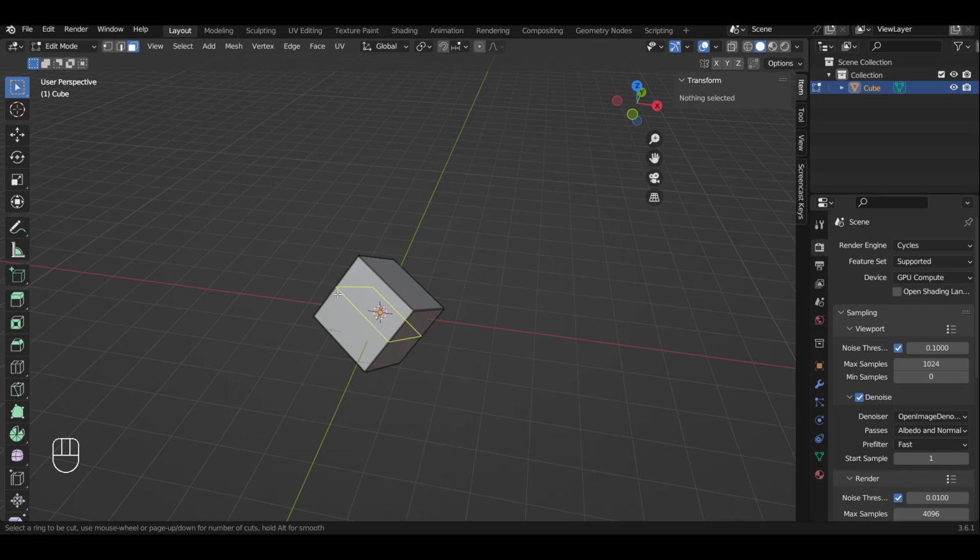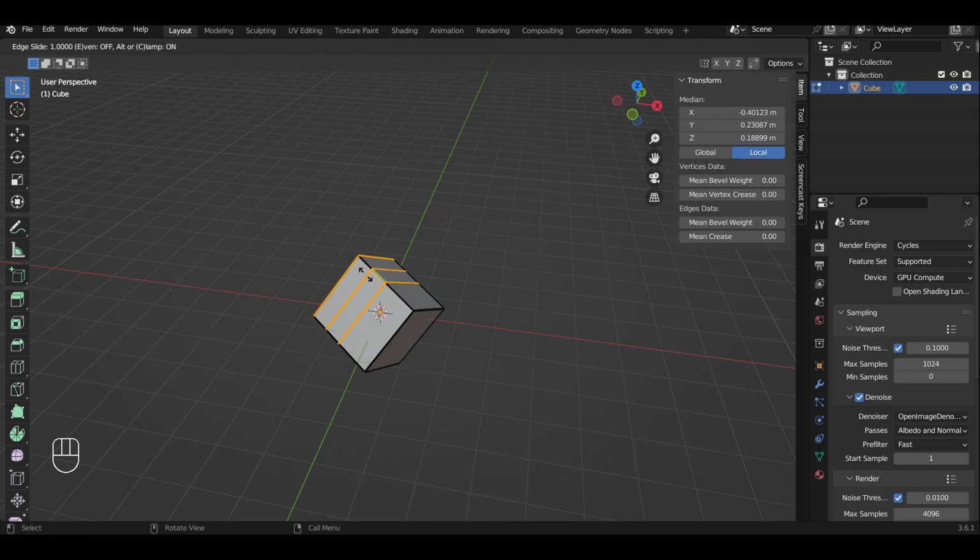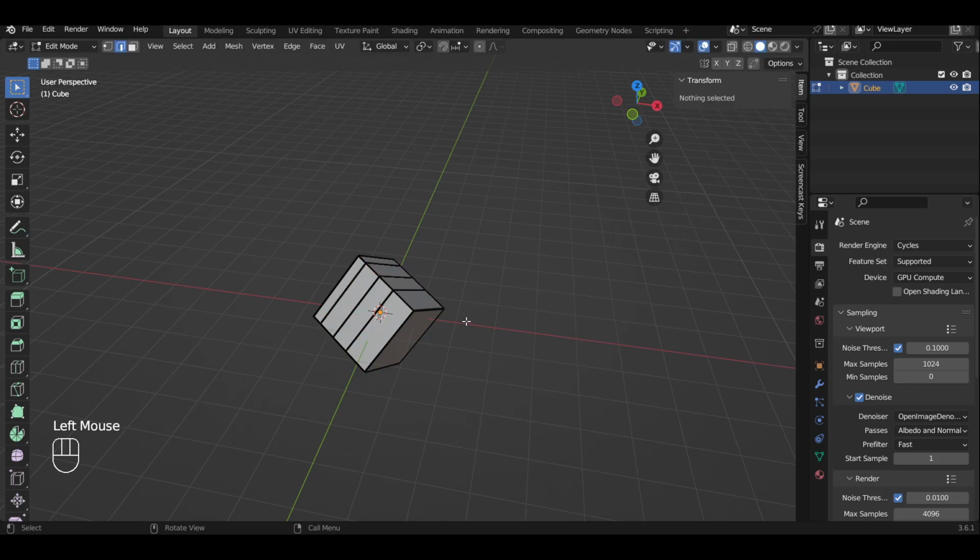If I hover and I scroll up and down, I can adjust the number of cuts that I want. Let's say I want 3 cuts. Now I can press left click once, and I will have the option to move my cuts to different places along this line. And let's say if I left click again, I will confirm its placement. Like this. So Control R,